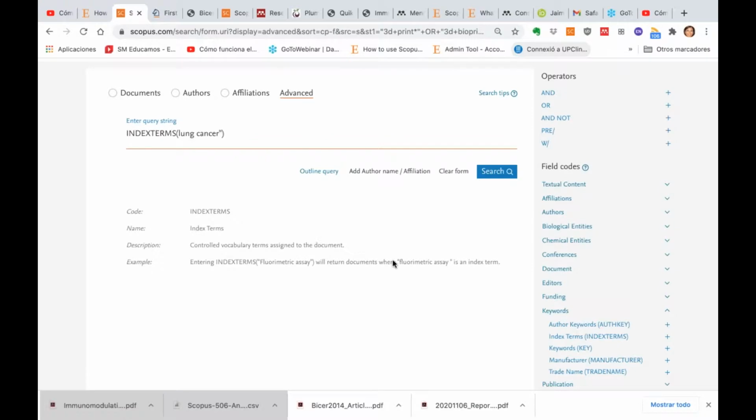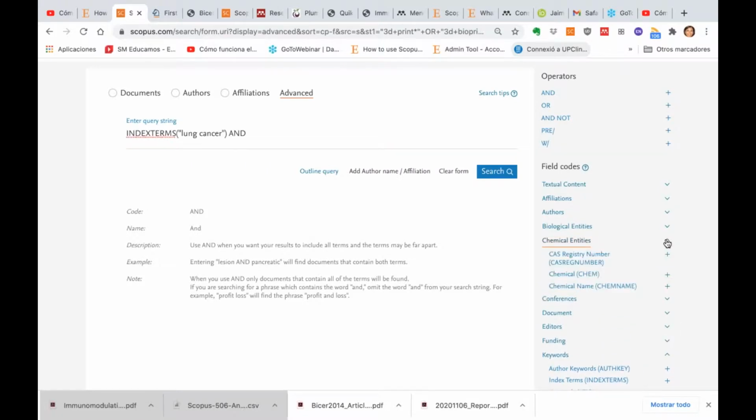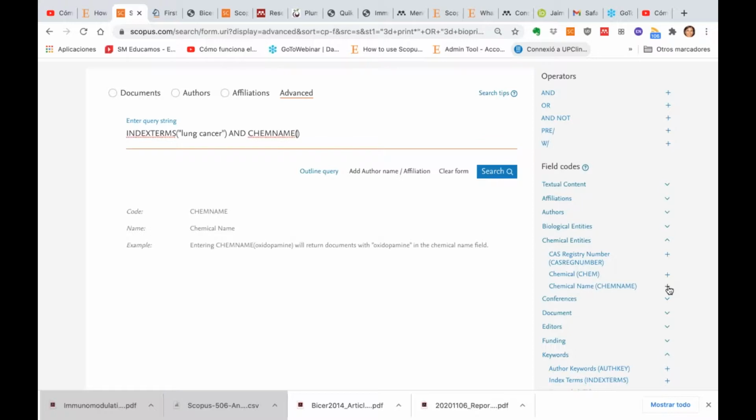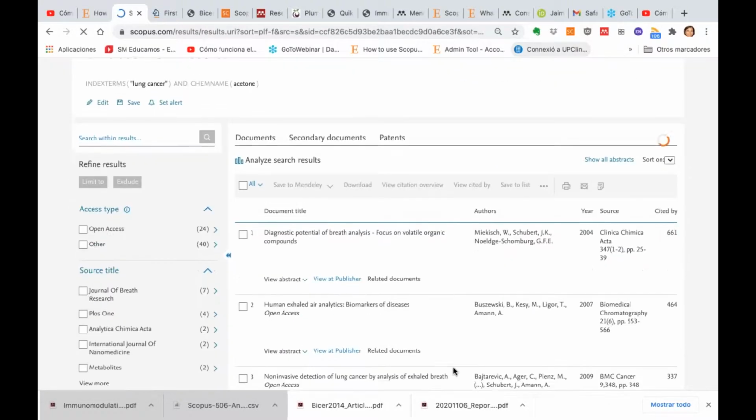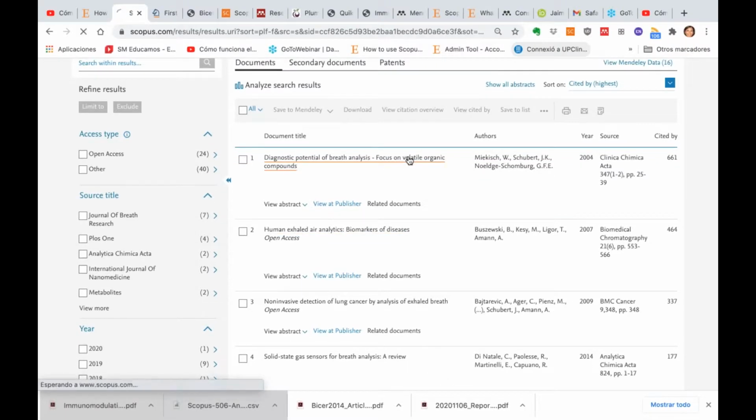I'm going to type lung cancer, and then I'm going to add another field, chemical entities, chemical name, and try to